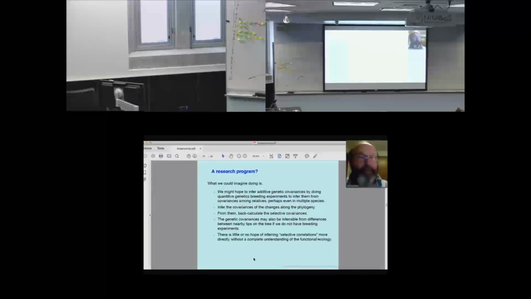And I think it's worth talking about these things, because in the long run, they give us some idea where the field might be going. I know this sounds very hazy, but rather than just saying, well, we infer G matrices and do this and do that, maybe we want to step back and think about how all of this fits together and what insights it gives us about natural selection.